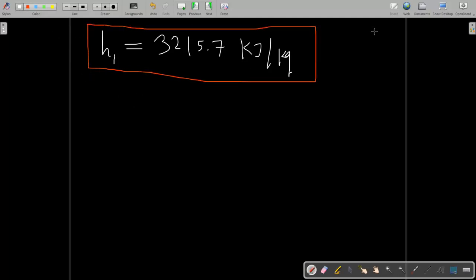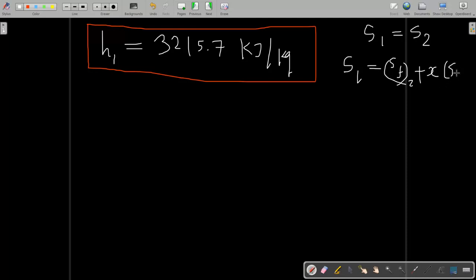Now again, 1 to 2 expansion is isentropic expansion, so entropy will be the same. Entropy at point 1 is equal to entropy of the fluid at the second point. Why are we finding this? To find out the exit condition of the turbine, how much dryness fraction there is, or whether a dryness fraction exists at all. If the exit condition of the turbine is dry and saturated, there is no need to find it, but here nothing is mentioned, so we have to find it.